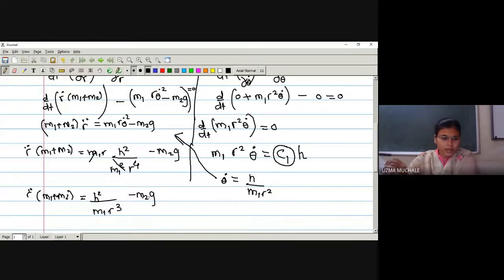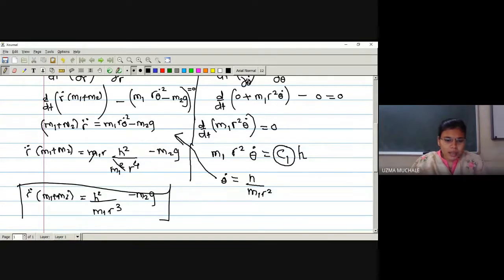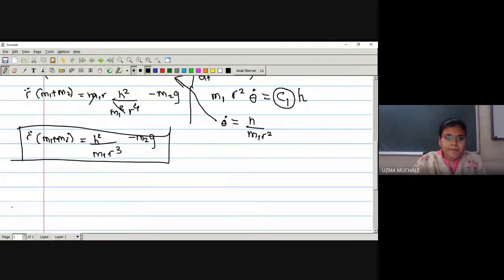Now if you want to keep it like this only, you can keep it. Otherwise, if you want to write the equation of motion, we can say this is the second order equation of motion, and if you want to integrate, you can integrate and find out the equation in terms of r dot, right? So we can integrate and solve this equation. For that, I will keep it as homework for yourself. You have to integrate and tell me the answer for that.